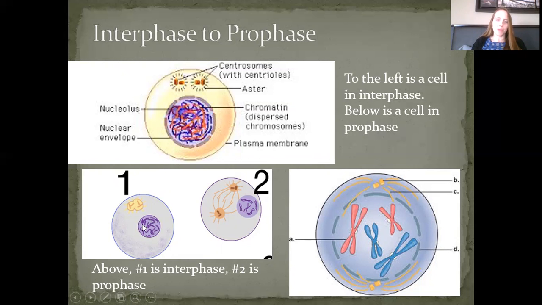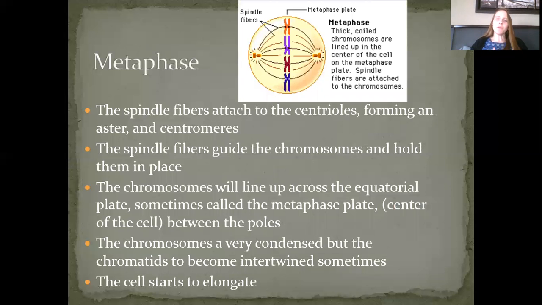And then what'll happen is, as we actually move away from interphase into prophase, you'll have the chromatin condense into these X-shaped chromosomes. The centrioles will go to opposite sides of the cell, and you'll have those spindle fibers that are coming off of them. And the nuclear membrane, again, is breaking down. Then we move into